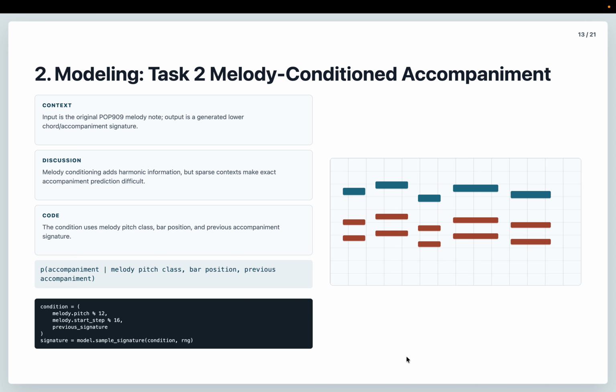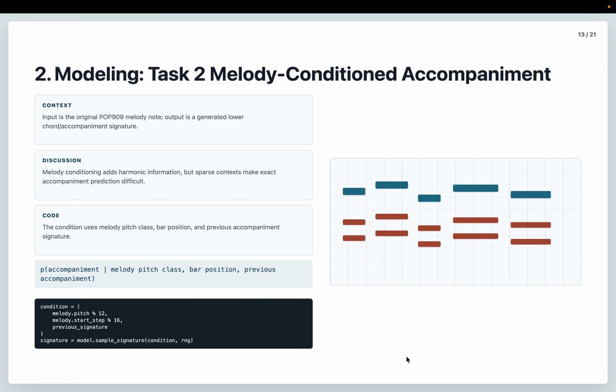The condition contains melody pitch class, bar position, and previous accompaniment signature. This adds harmonic context, but exact prediction is still difficult because many accompaniment patterns can fit the same melody. This task is closer to automatic accompaniment than free composition.